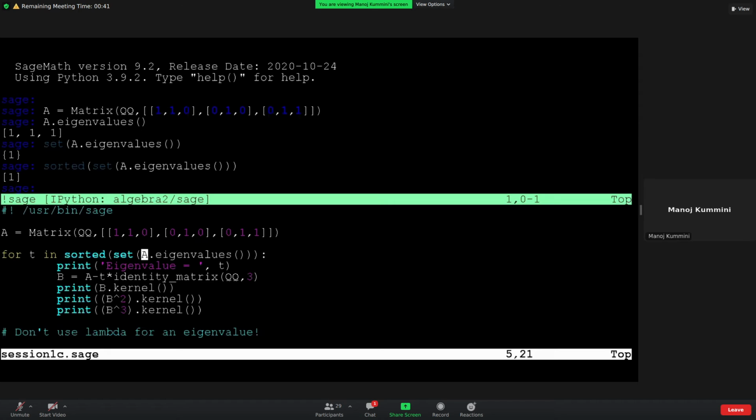So for t in this sorted list of distinct eigenvalues, print the eigenvalue. Then construct B, which is A minus t times the identity matrix of that size. Then look at the kernel of B, the kernel of B square, the kernel of B cube. I went only up to B cube because it's a 3 by 3 matrix. In this case B will be nilpotent because A has only one distinct eigenvalue. So B cube will be 0. But even otherwise, even if there are multiple eigenvalues, the kernel of B